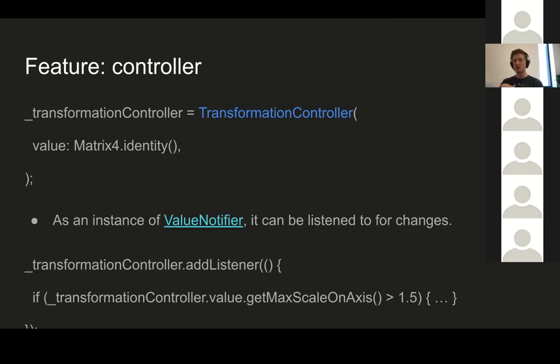But because TransformationController is actually a subclass of ValueNotifier, you can add listeners to that. You'll get informed whenever that matrix changes. Usually that's changing because the user is panning, dragging, zooming, things like that. You'll get notified of all of that, and then you can perform operations based on that. So where my ellipsis is here, you could call setState and say show hexagon details or something like that,